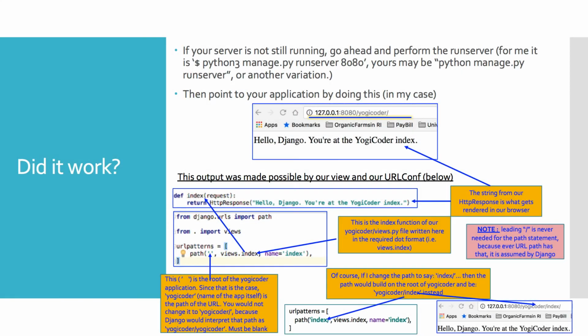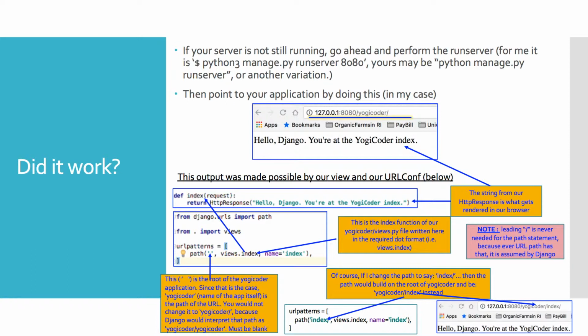I wanted to make sure I really took us through this URL config versus the URL that a user would go to, because it really confused me at the beginning. If I go to YogiCoder / or YogiCoder, I should see the hello Django, you're at the YogiCoder index. Now that happens courtesy of a couple of things, right? The view and the URL pattern, but I wanted to really underscore this URL pattern.